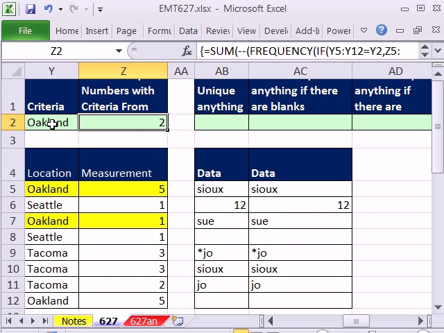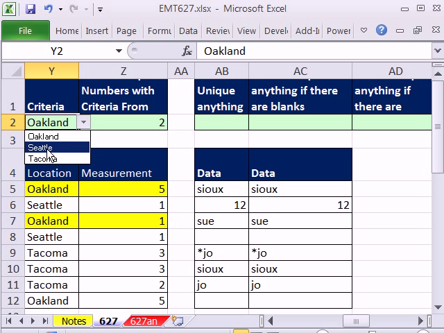All right, well, we get a correct count if we change this to Seattle. We get a correct count also, even though there's another Seattle there. There's only one unique item. Tacoma, we get a 2. All right,